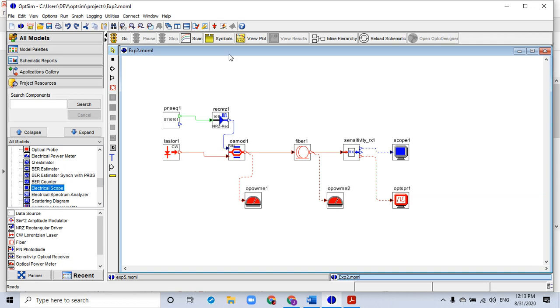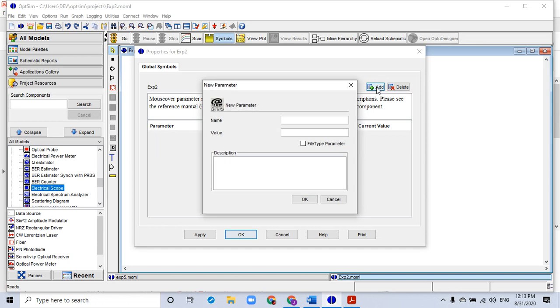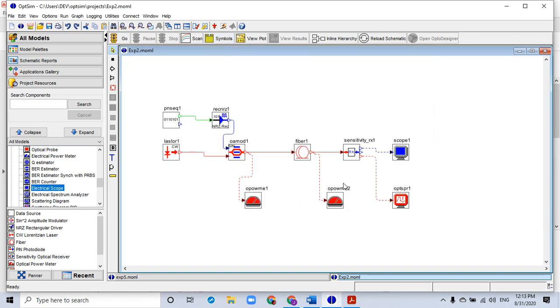For that, first thing we need to do is initialize a global symbol, right? So I go and click on it, symbols, add. Now the length of the fiber, I can symbolize it with L and give a value, say 10. I can change it to 20 and say OK. So that means I have initiated this global symbol over here.